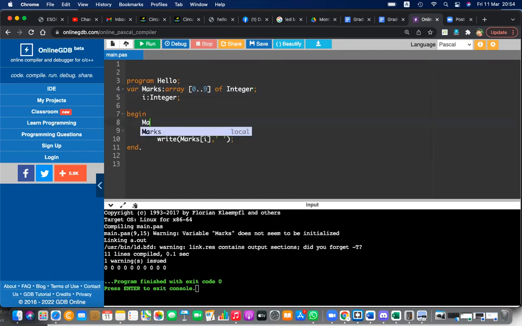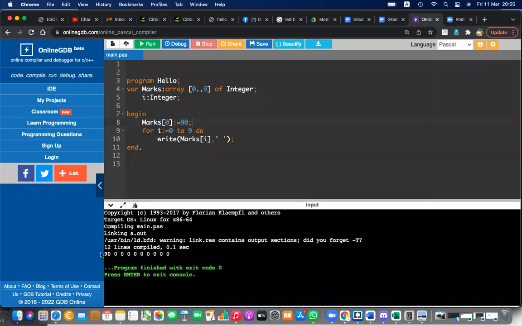That can be done. You can say marks 0, the 0th element of marks, is equal to some value. When you assign that and print this value, you can see marks 0 is 90. Similar to that, you can assign values. Okay, let's assign some marks. Let's say marks 3 equals some other value, 50. And marks 2 is equal to, you can even do a calculation. And marks 4 is equal to, you can even give it like this, marks